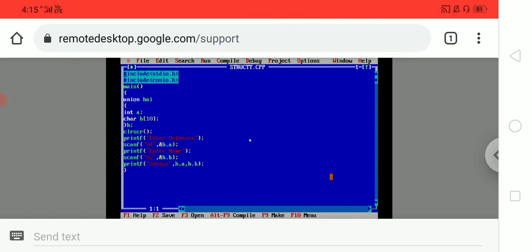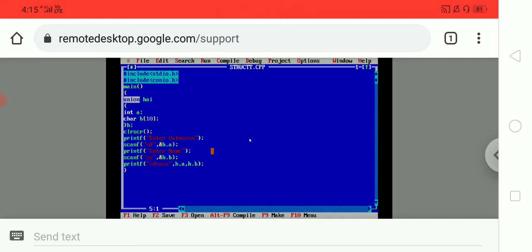When you observe this example, it is the same as the structure concept, but the difference is that in structures we used the struct keyword, and in unions we are using the union keyword. That's it. Another difference belongs to the memory part, which we'll discuss later. Each and every point is the same as structures, there is no difference except this keyword. Okay, now let us discuss this program.